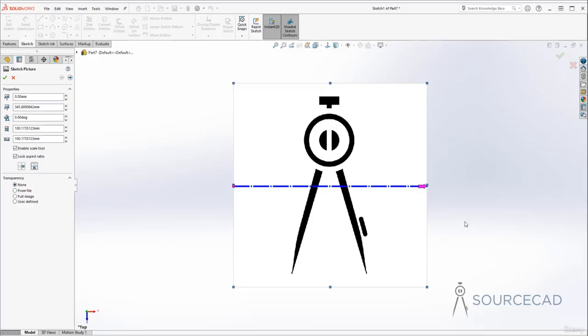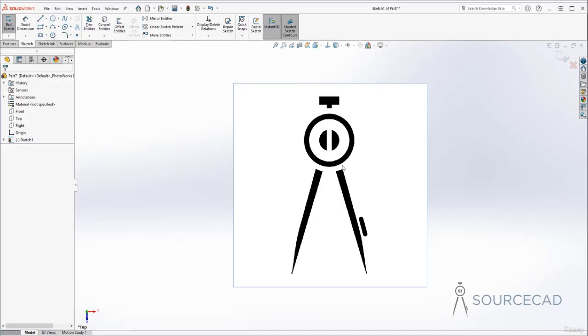Now this image is a JPEG image with no background transparency, but if you are importing a PNG image with background transparency, you can activate this button and that's going to show you just the image with background transparency. Of course, we don't have this image with any kind of transparency, so it looks exactly the same even after changing these options. So I'll change it back to none. All right. Now that we have our image, just click OK, and we can now start tracing right on top